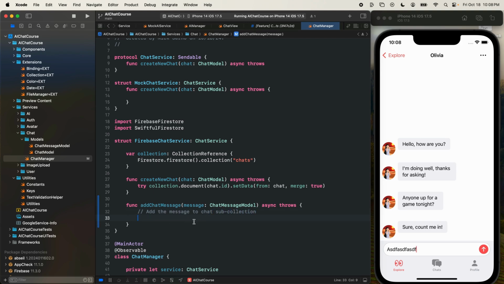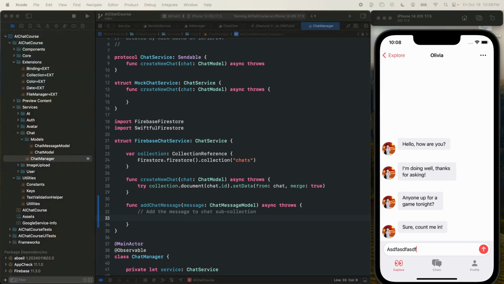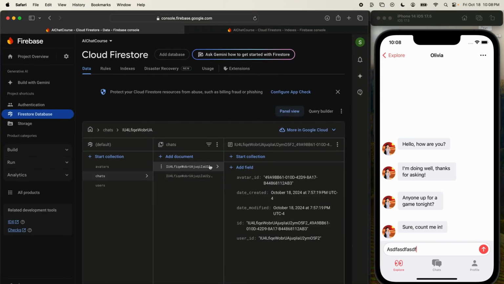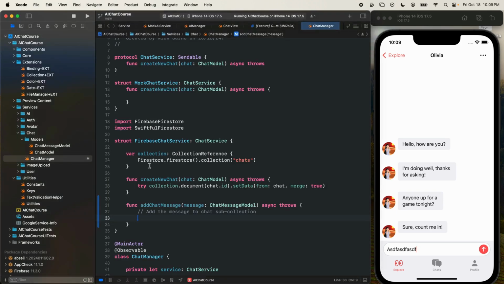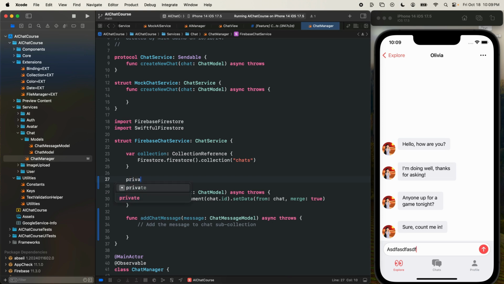If you don't know how to use sub collections in Firebase, I will link a video below for that as well. Basically, when we look at our database, we have a chat, and then we'll have a sub collection, another collection that is a child of the chat document that has all of our messages. So we want to reference that sub collection. So what we're going to do here, let's create a private func, and these could all be private. Private func will say messages collection, and this will return us a collection reference,